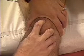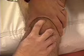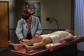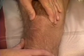If fluid is felt, press the patella backward against the femur with your right hand, as your left hand feels for fluid returning to the suprapatellar pouch. A palpable return of fluid confirms a balloon sign. None is felt here. If the patient has a history of knee pain, compress the patella and move it against